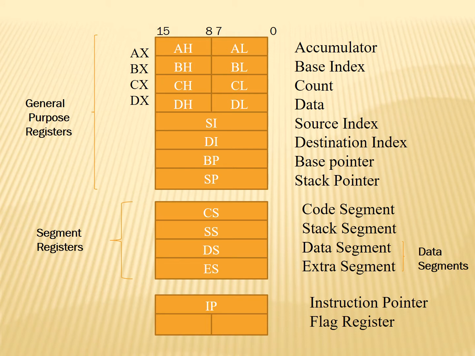This is the programming model of the 16-bit microprocessor. Architecture means each and every microprocessor has its own block diagram, which is also called the internal architecture. Programming model means a common model present for all the members of the 16-bit family, like 8086, 8088, 80186, 80286. All these members have a common structure, which is called the programming model.